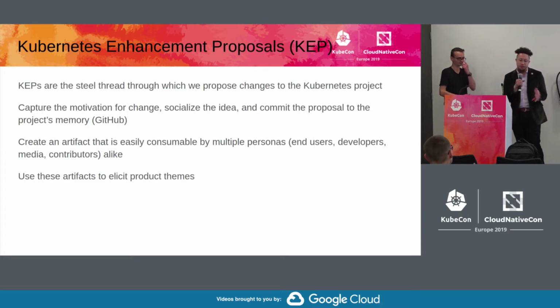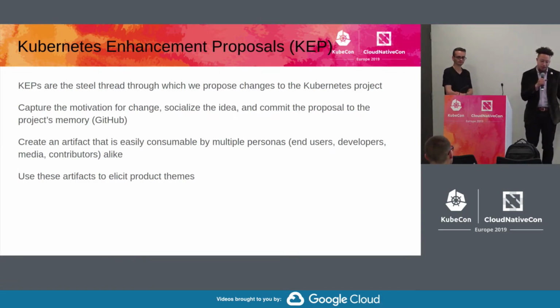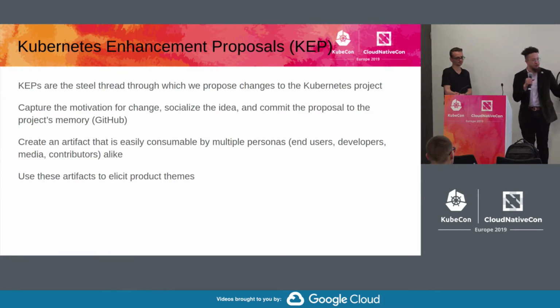So figuring out how to move from the place of tracking everything manually within GitHub, and then also on the spreadsheet, and then moving to a place where we can automate some of the tooling around KEPs, right? So that we can automatically generate web pages that will show you what's happening during the release, what SIGs they're related to. So that's the future goal there.